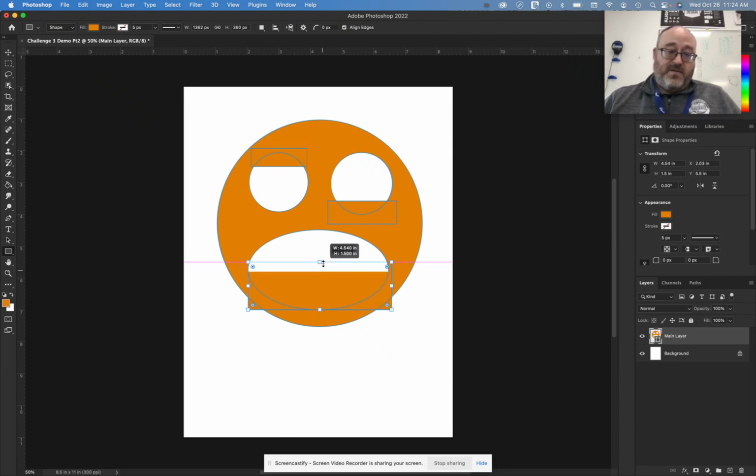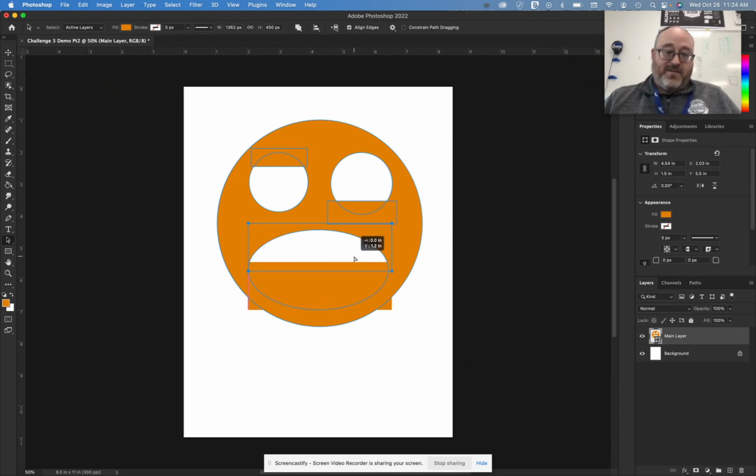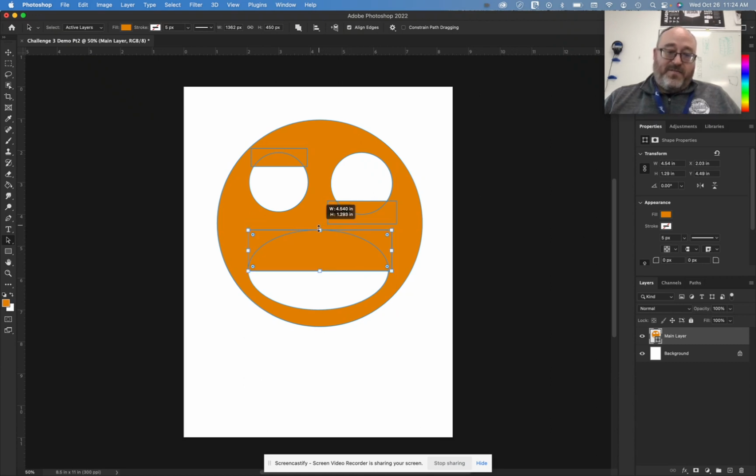Basically, trying to make it look interesting just by using some basic shapes. Let's try this. There we go. And with many things in life, an important part of this process is just trying things